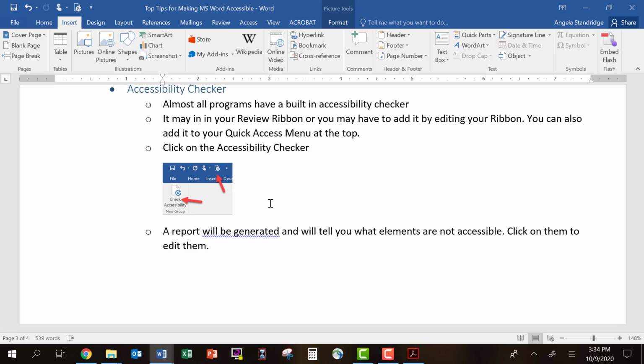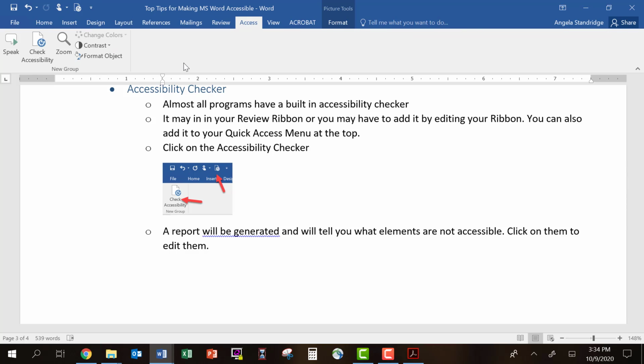You may or may not have your accessibility checker available in your ribbon or in your quick hits. So I've put one in my quick hits, and then I also have created an Access tab in my ribbon. If you don't see this little icon with accessibility checker anywhere in your ribbon or in your quick hits, the